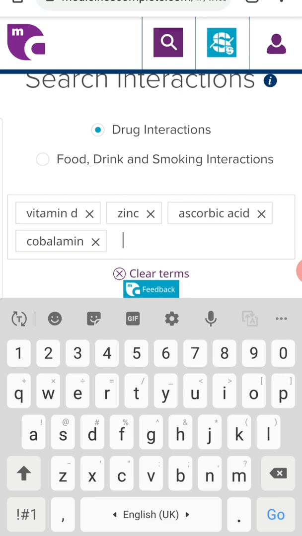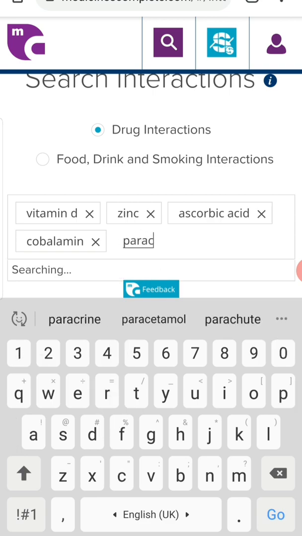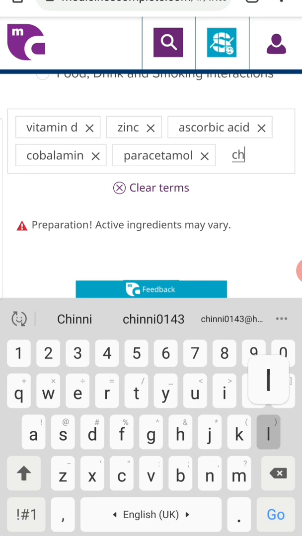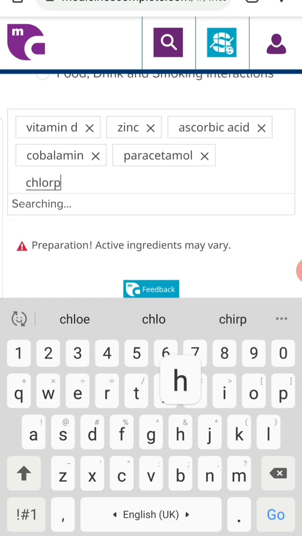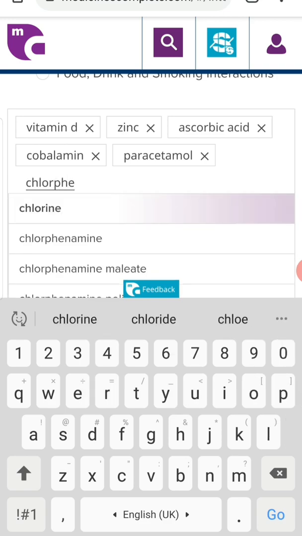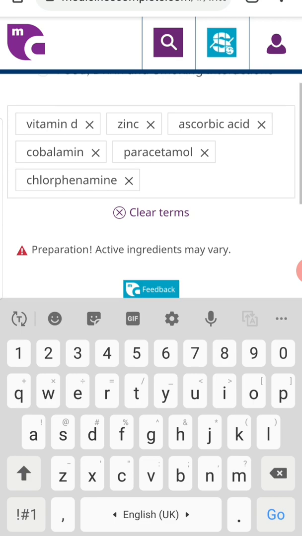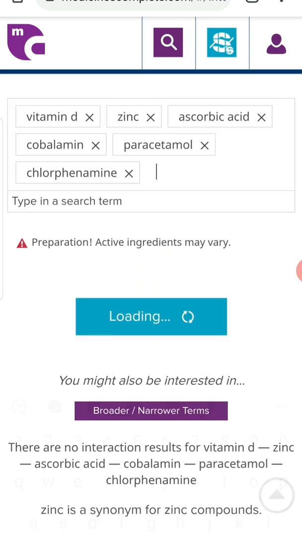And apart from this, let's say the patient is also suffering from cold or fever, right? So let's check paracetamol, and because of cold the patient may be given chlorpheniramine, right? So till now let us check the drug interactions.